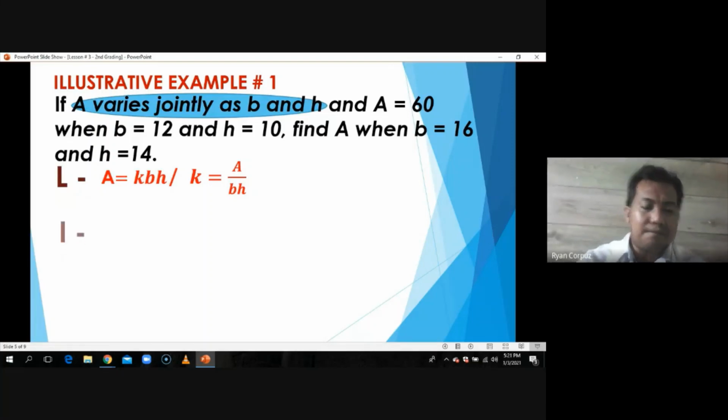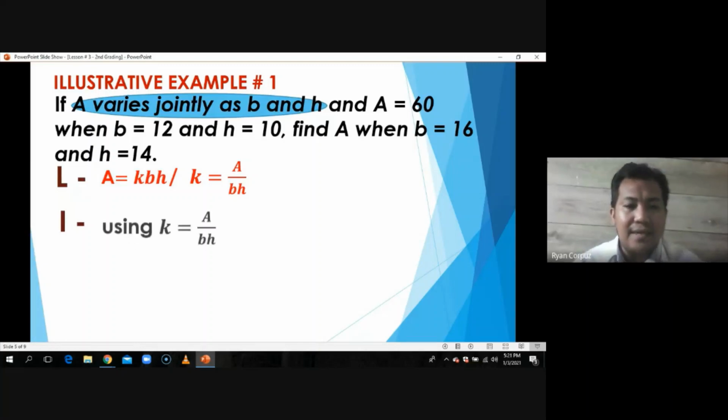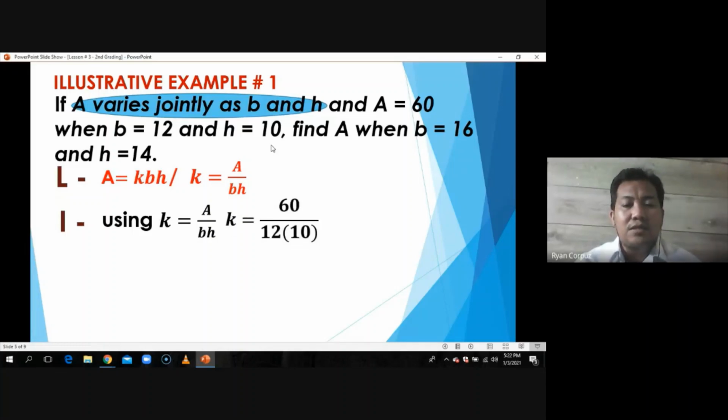Then second step, using K is equal to A over BH, second form equation natin, and also using complete value of A, B, and H in the problem. Sabi ito, A is equal to 60, then B is equal to 12, and H is equal to 10. Substitute lang natin yan. That would be K is equal to 60 over 12 times 10. So, pwede tayong